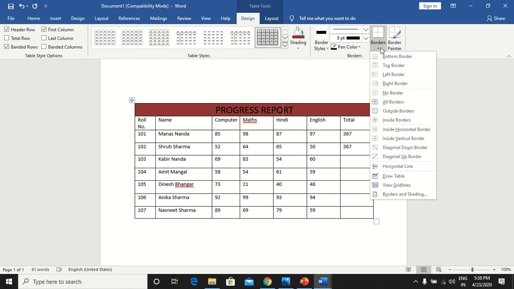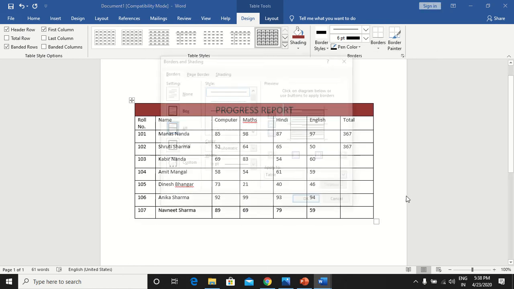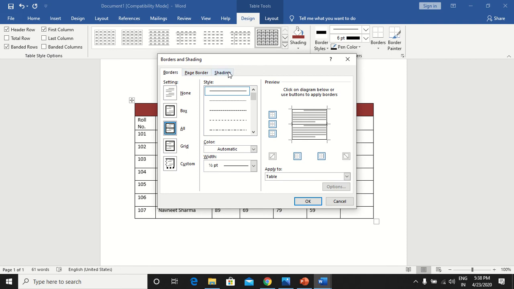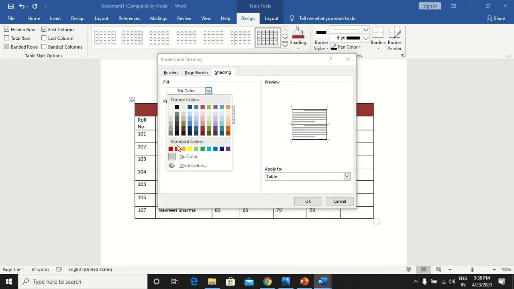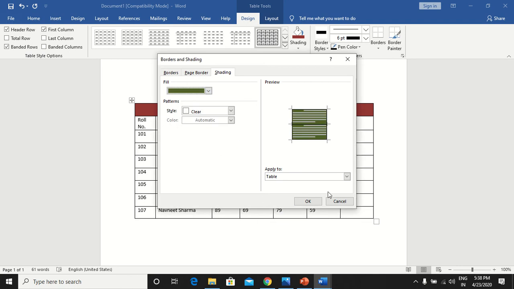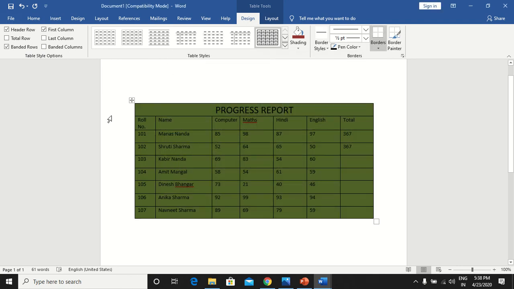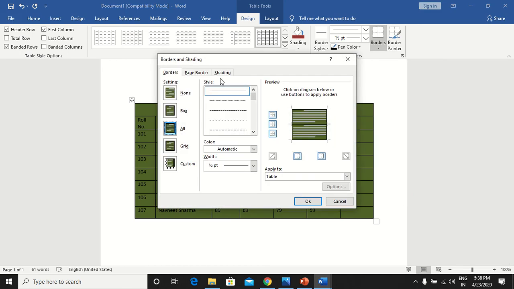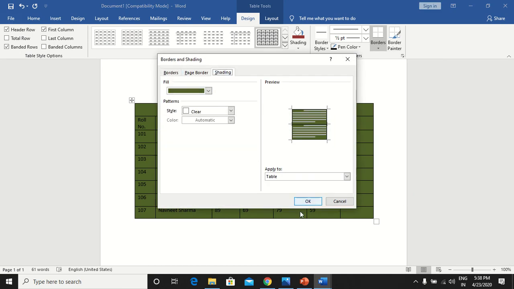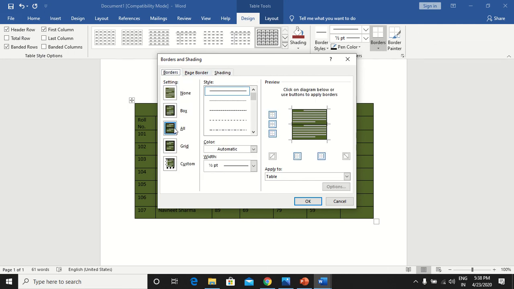I will go inside Borders and Shading. Here is also a Shading option available. You can fill any color which you require. As you can observe, I have selected the Fill option, Fill for All. All is selected now, that's why.